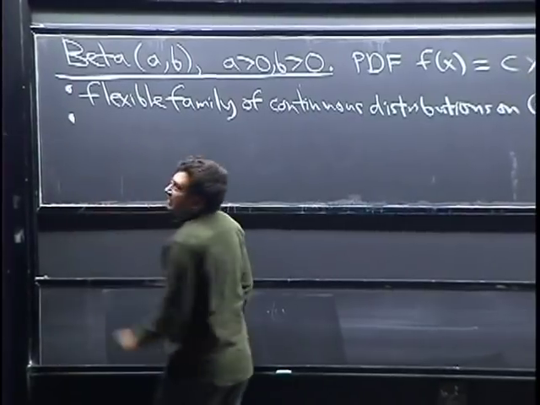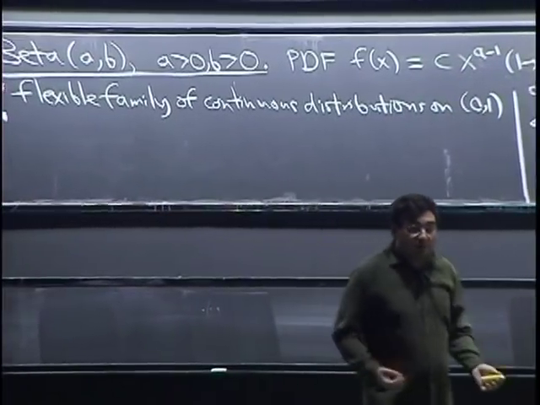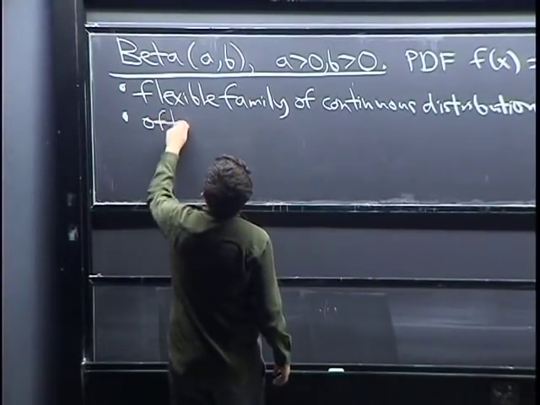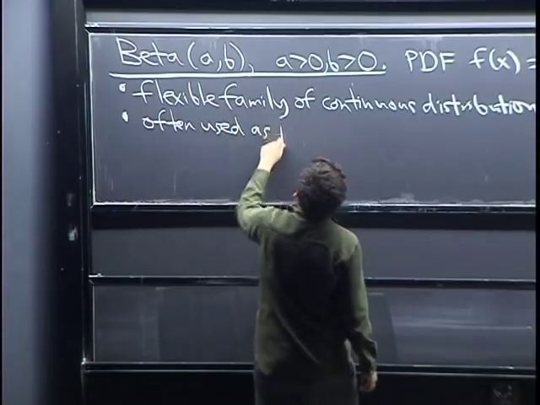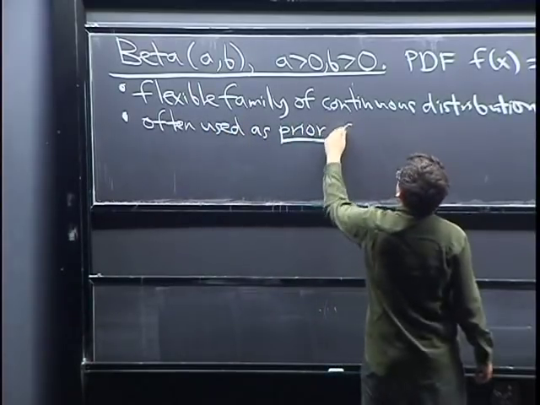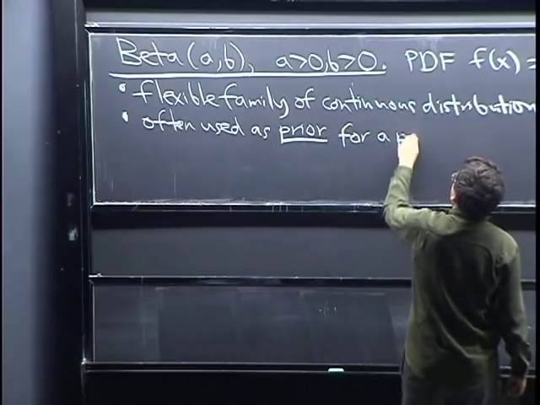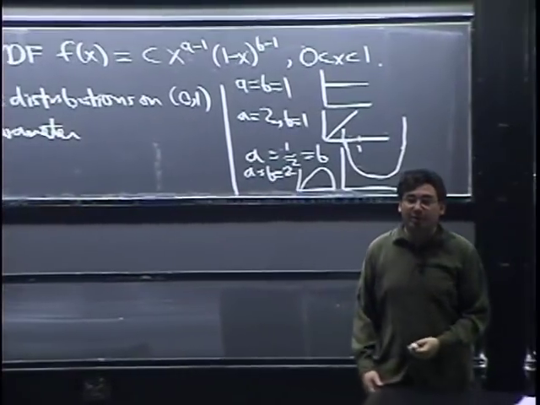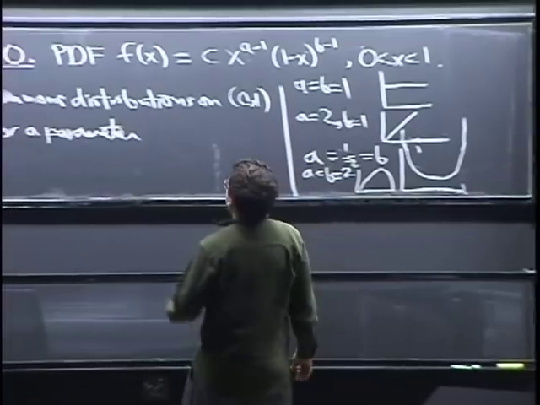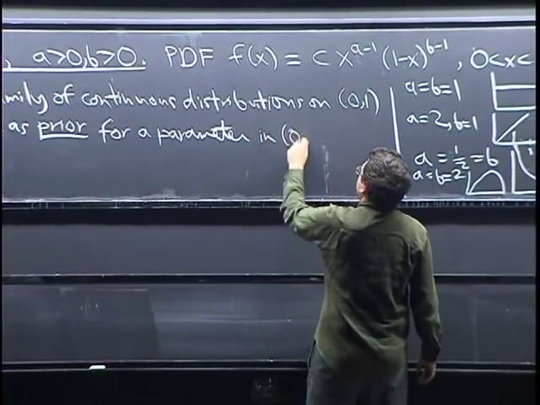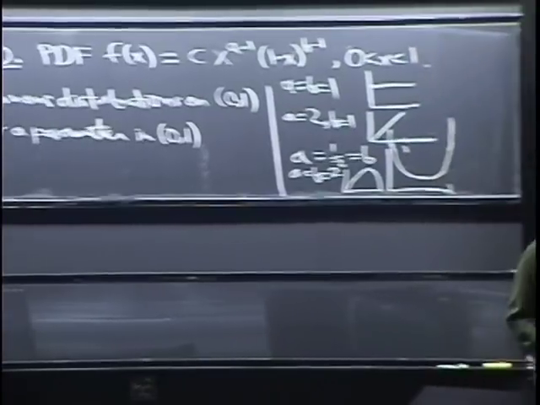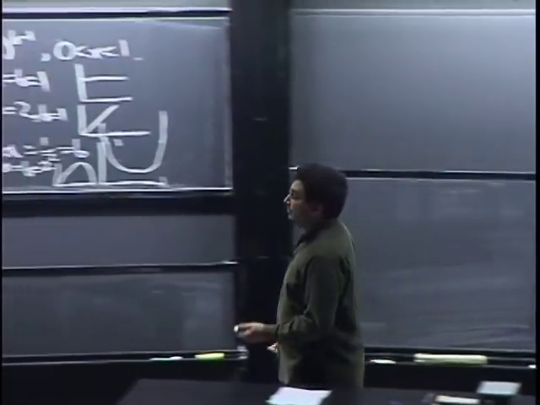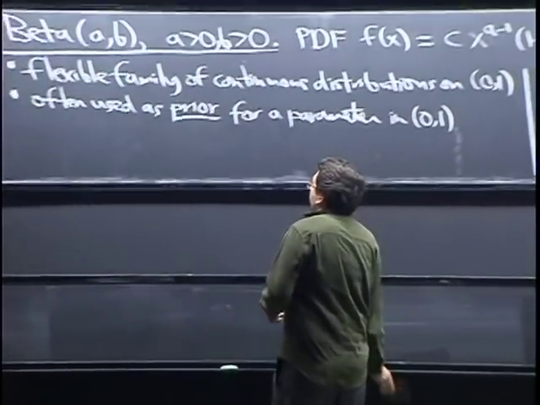So the main use of it is that it's often used as a prior for probabilities. That is, it's often used as a prior for a parameter that takes values between 0 and 1. This goes back to some homework, and we talked a little bit in class about the Bayesian approach, where we treat the parameters as random variables. So if we have a parameter that's a probability, we know it's between 0 and 1, and we want to give it a prior distribution, the beta distribution is by far the most widely used choice in practice because it has a lot of nice properties. In particular,